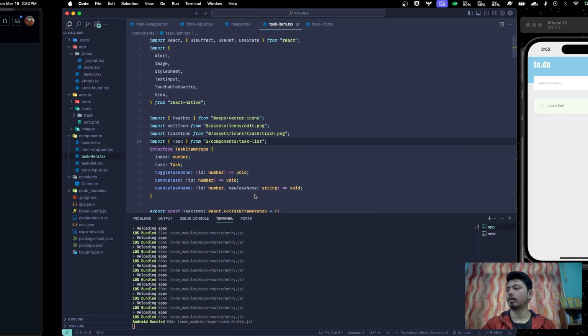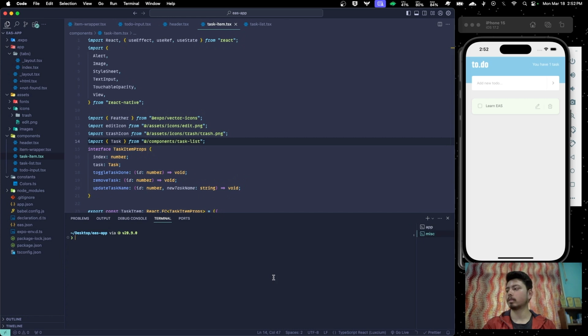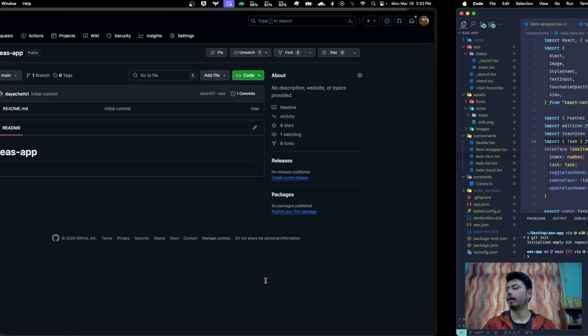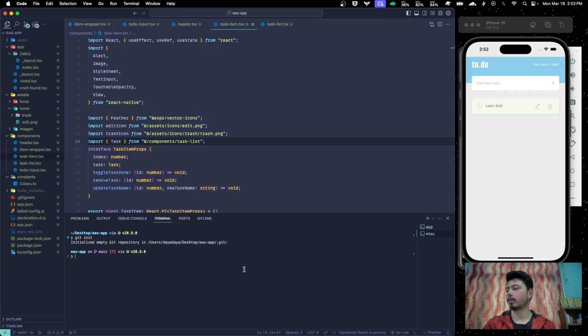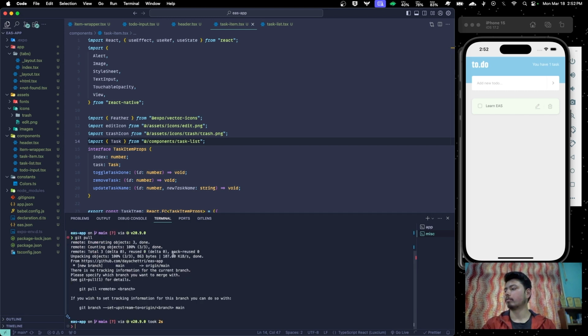Then I'll come back to my VS Code in my new terminal instance. What I'll do is I'll firstly initialize the GitHub repository, git init, and I'll just add the origin to this repository we had by git remote add origin, the URL, and it's done. I'll just git pull the readme file. I need to do git pull origin main,